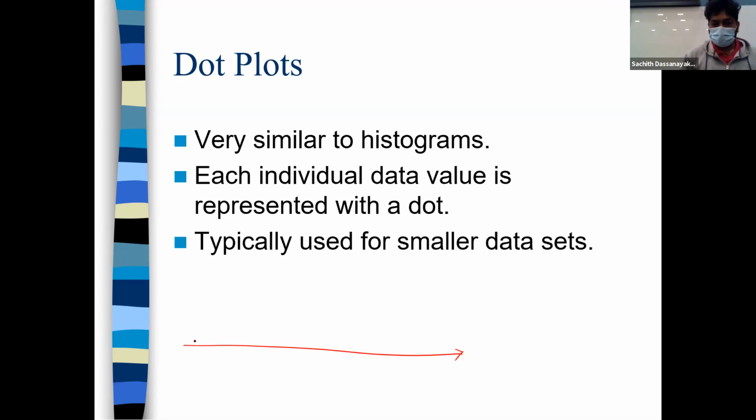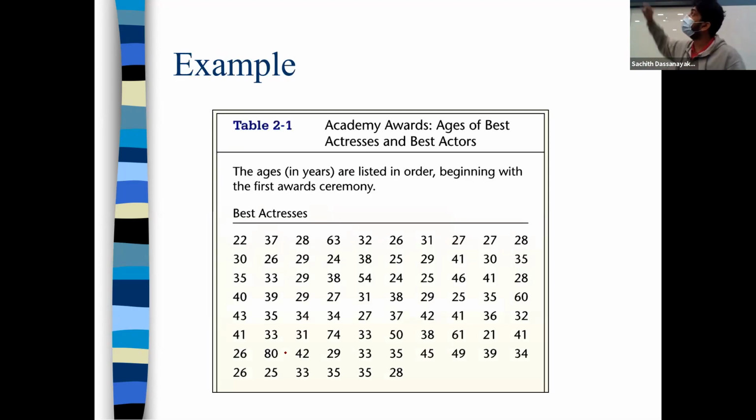It has values, your 1, 2, 3, whatever. Sorry, on top of this axis you mention frequencies. Okay, so just consider this data set. I think it goes from 20 something to 70. There are so many numbers there, so you can simply mention this data set by using a dot plot